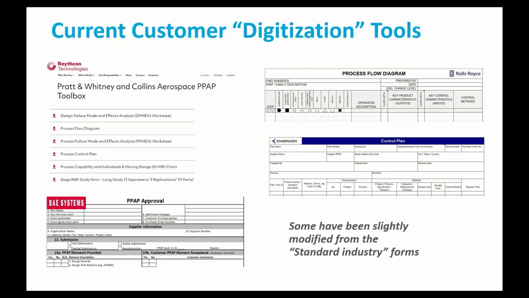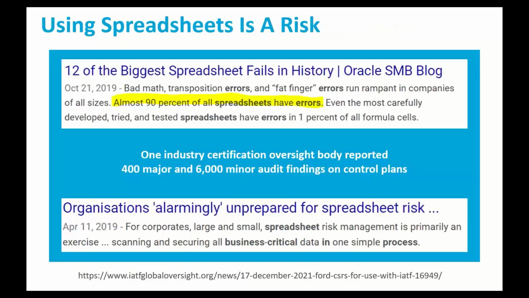So is this a big deal? Will this approach help achieve zero defects? In the automotive industry, Ford and GM told their suppliers they'll no longer accept these documents created in a spreadsheet. They want FMEA software required to ensure linkage between the affected documents and use the foundation of product and process families. Now, working with these suppliers, the number one issue is broken links between the process flow, PFMEA, and